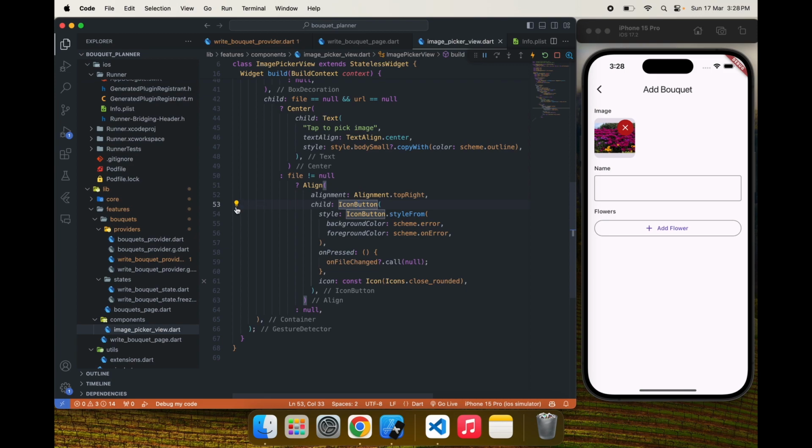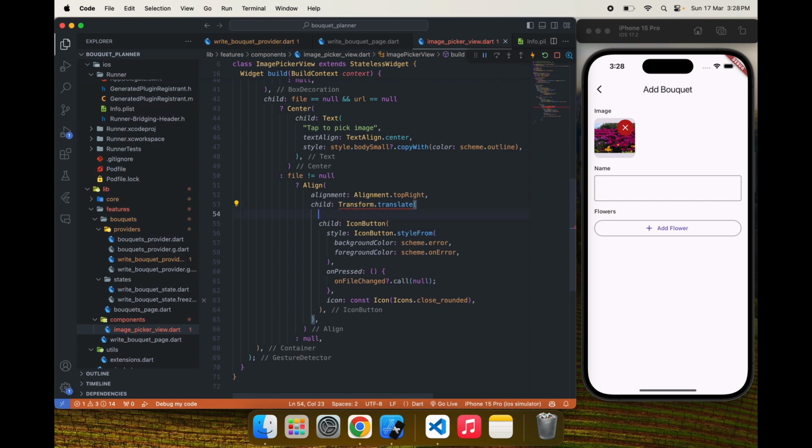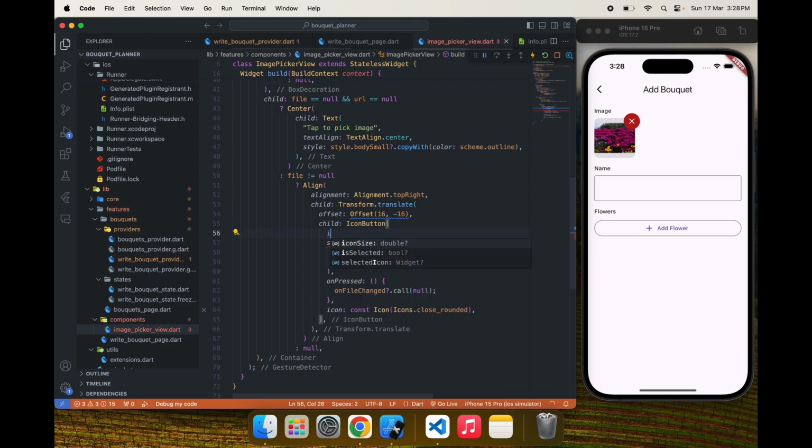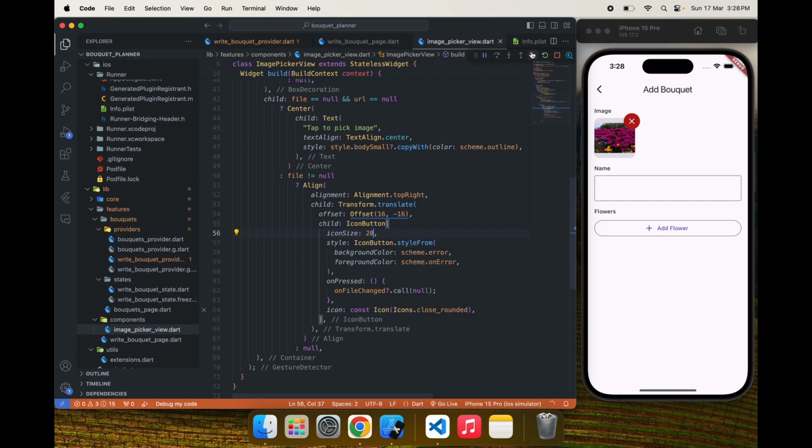And transform, translate, offset, -16 and -16. Yeah, it's good. Also size, icon size 20. Okay, and